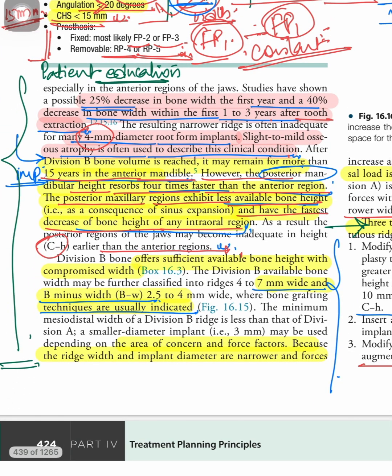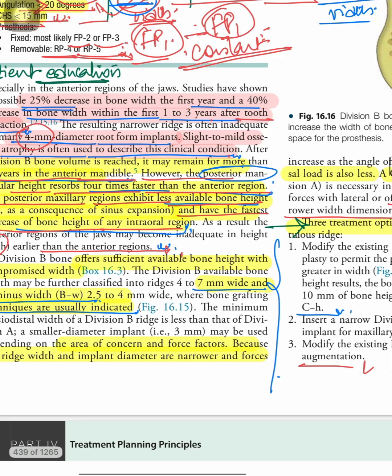So, in this paragraph, mostly these topics are there for patient education. If you go through it once, you will be able to convince your patient to take the implant treatment as early as possible, because the bone resorption pattern is different in different regions, and as a clinician you should be aware of which regions you cannot afford to wait for long. So go through it once, it will help you explain to your patient about